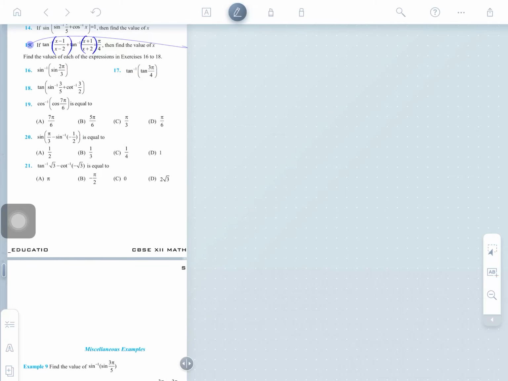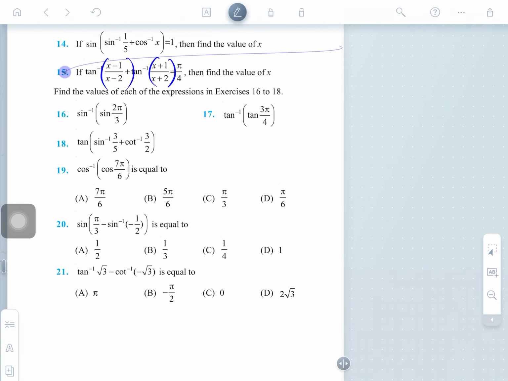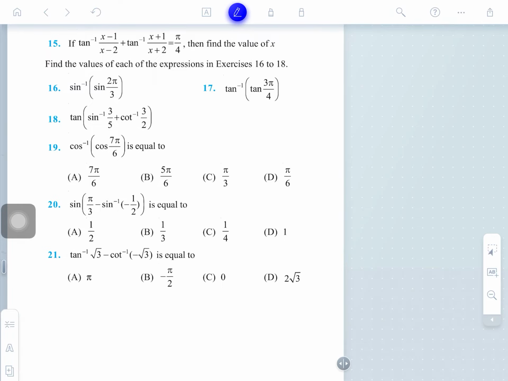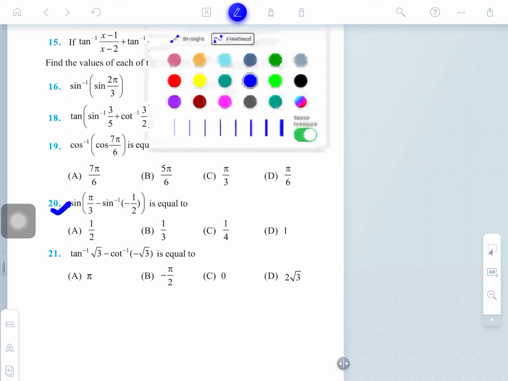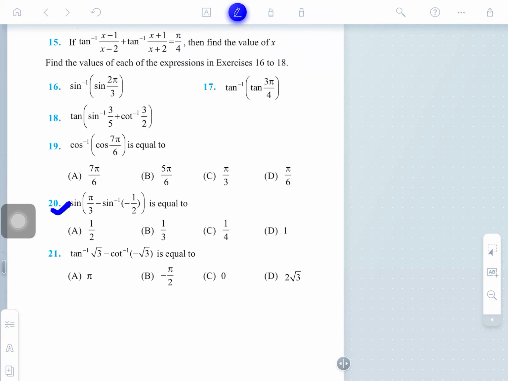Yesterday I gave you the questions from the 15 questions I told you in this class. I made the solution of these questions, and I gave questions 16, 17, 18, 19 and 20 as an assignment. Some students have asked me about question number 20, so I am just telling you question number 20. You may see what question number 20 is saying here. Clear?